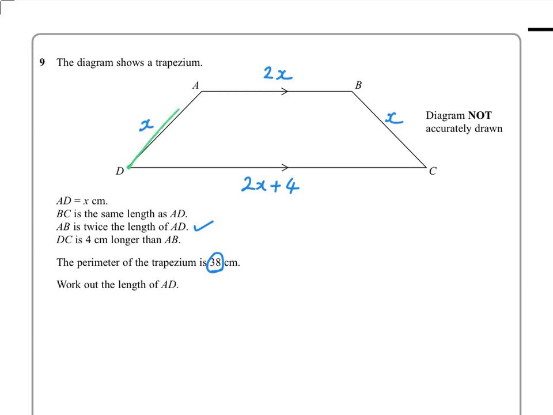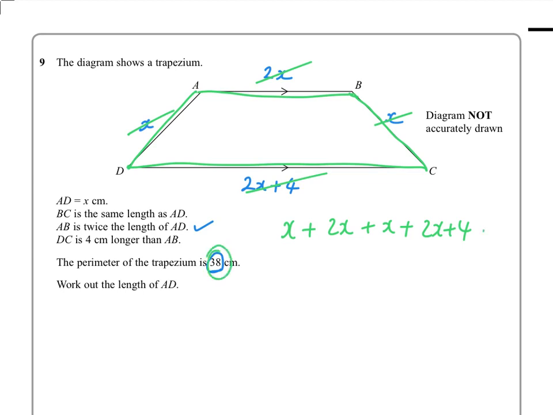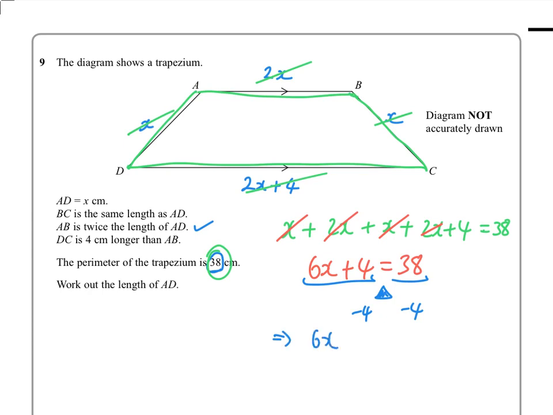Well, the perimeter is all the way around the shape, so imagine walking all the way around it. So you'd have x plus 2x plus another x plus 2x plus 4, and that would have to be equal to 38. So sum your terms together, simplify, so we'd get 6x plus 4 equals 38, and then you're basically setting up a balance equation here. So take away 4 from both sides, and that would give you 6x equals 34, and then divide both sides by 6, and you'd have x is 34 over 6,